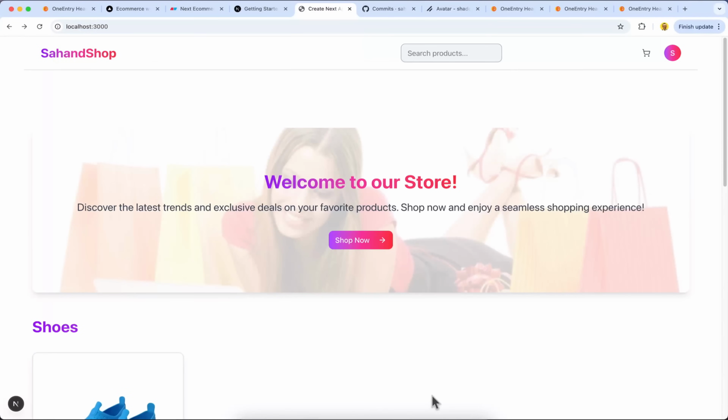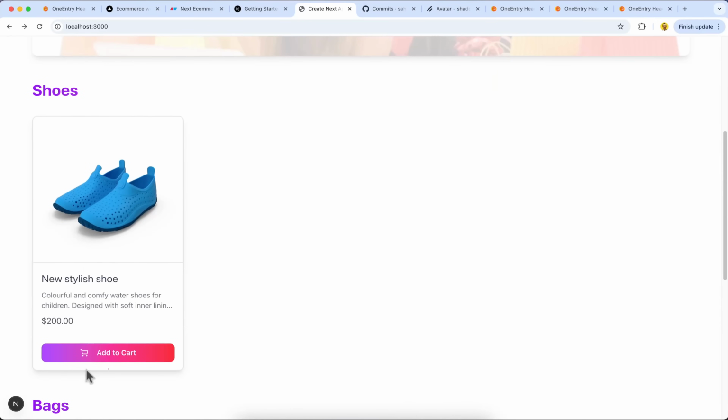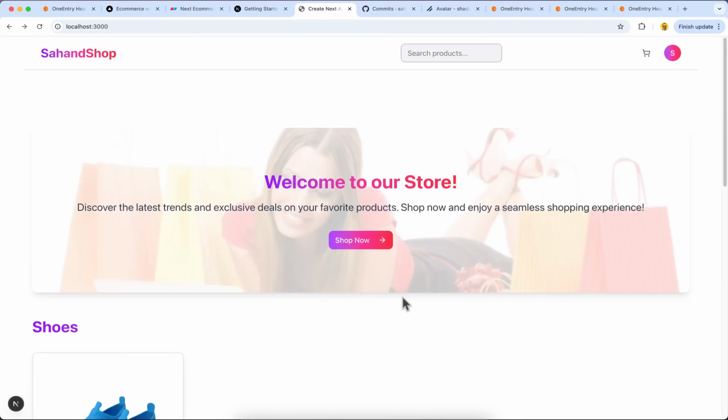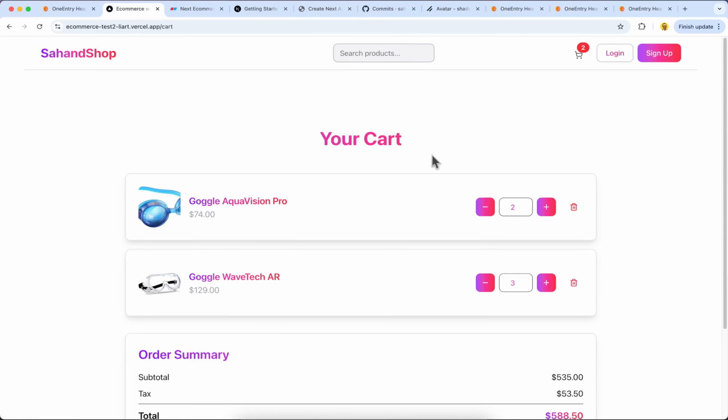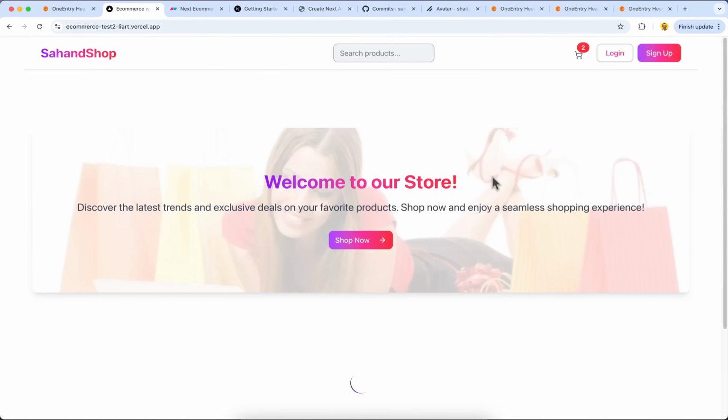All right, welcome back. In the last session, we have completed our homepage. In this section, we're going to add the add to cart functionality using Zustand, the store, and integrate it with our UI components. If you check the final version and we test it here, you can see if anywhere,